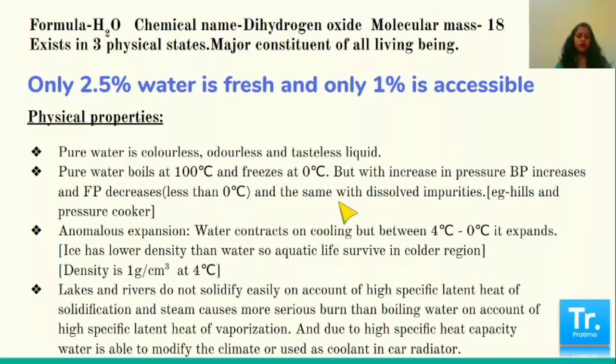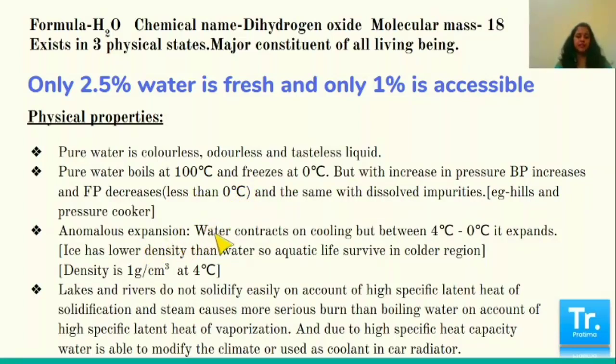Now I come to dissolved impurities. Like normally we say add salt, common salt, sodium chloride is added to bring a cooling effect. The reason is that on dissolving impurities, the freezing point decreases. That means the temperature is less than 0 degrees Celsius. So the ice will melt, but it will melt not at 0 degrees, it will be at less than 0 degrees, thereby not increasing the temperature further unless the entire mass of solid melts. Thus, it gives a cooling effect. Very important, you will get a question from here definitely. So, see that you can answer it well.